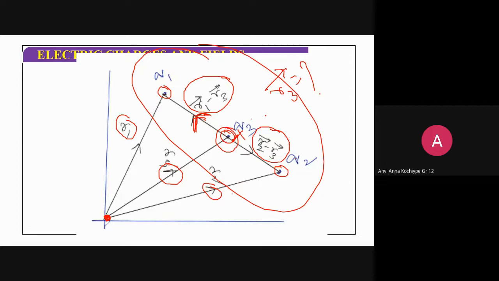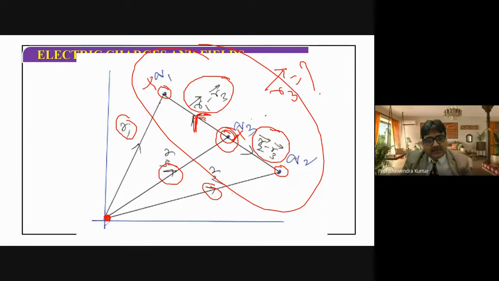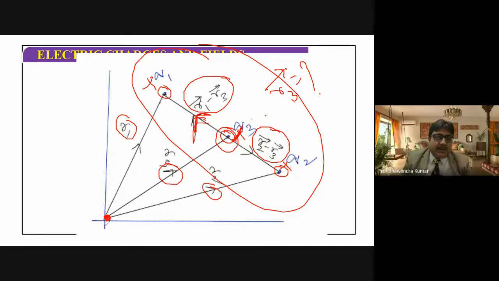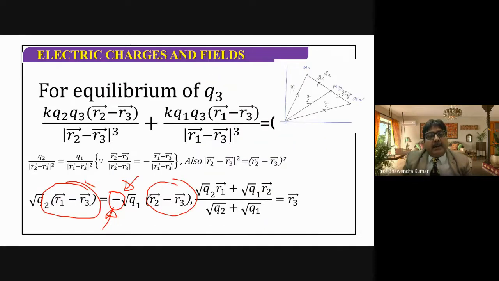So I have considered Q1 to be positive, Q2 to be positive. That is why it is mentioned in the question, right? So that you are guided in that direction. You choose the final answer correctly. And Q3 is considered to be negative so that it will experience two attractive forces. Is that clear? Yes, and sir, the sum of those two